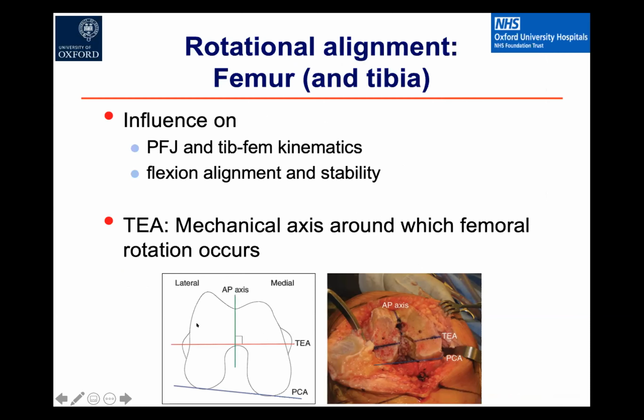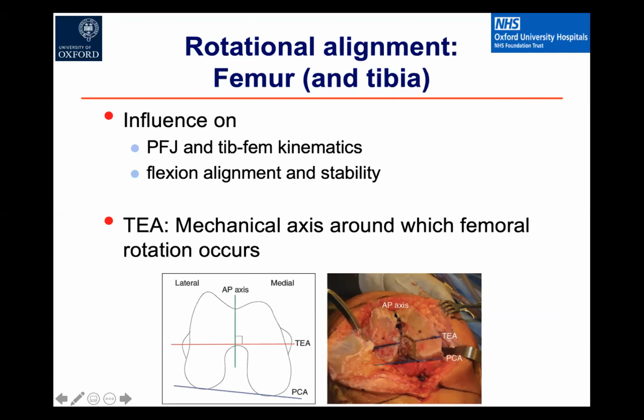You can see here the transepicondylar axis in red, and it's nicely demonstrated over here in the knee. Sometimes in real life it's quite difficult to feel, and I sometimes wonder how accurate we are at reproducing this, but essentially you're drawing a line between your medial and lateral femoral epicondyles. And then you've got your AP axis, which some people would call Whiteside's line, which is